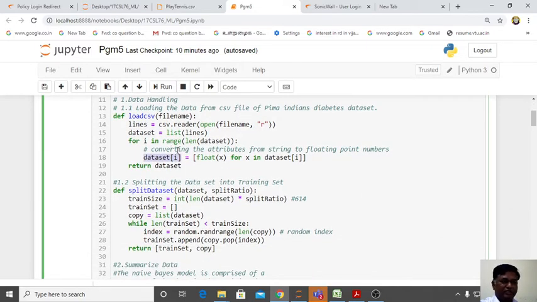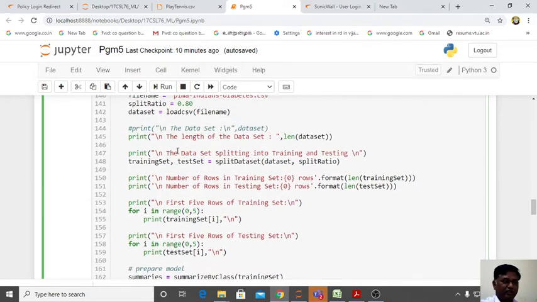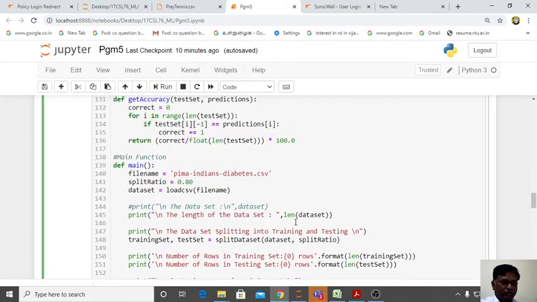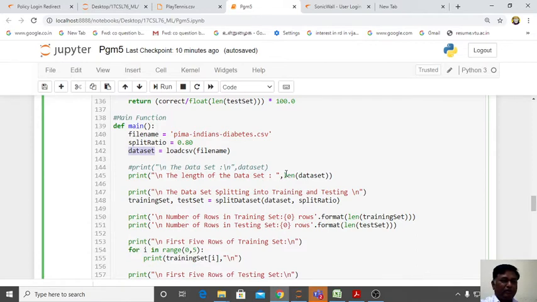So return data set will return to the main. So here it comes. This load CSV has loaded your CSV file into your Jupyter notebook. Now this data set contains the entire file. Here we have printed the length of the data. As I told, it is 768.